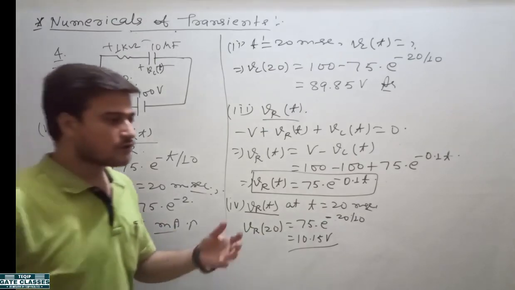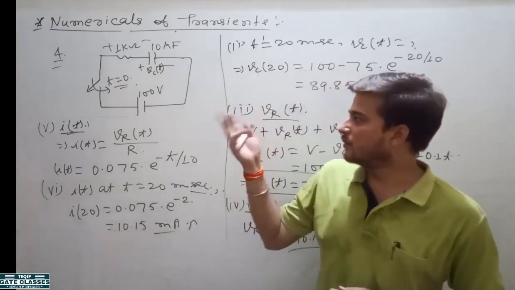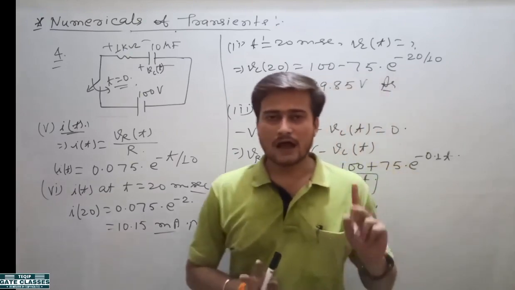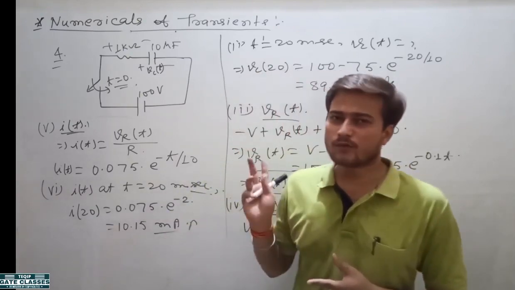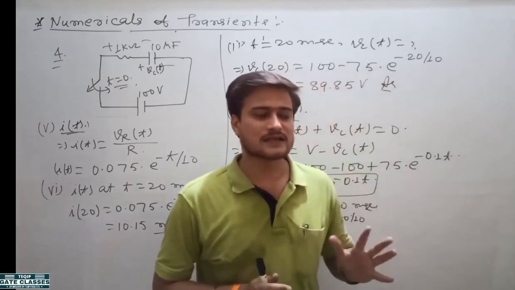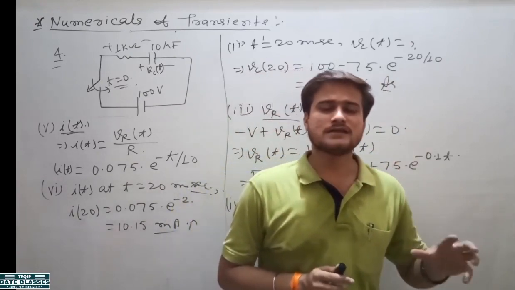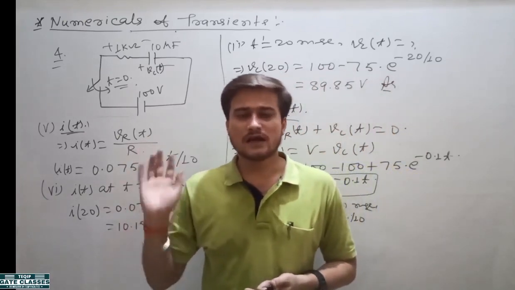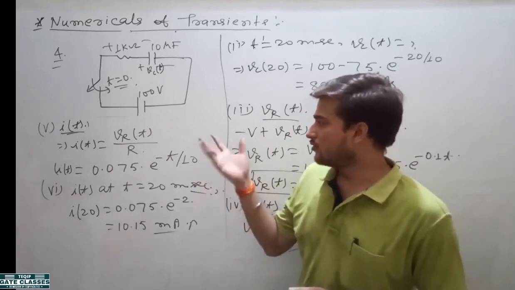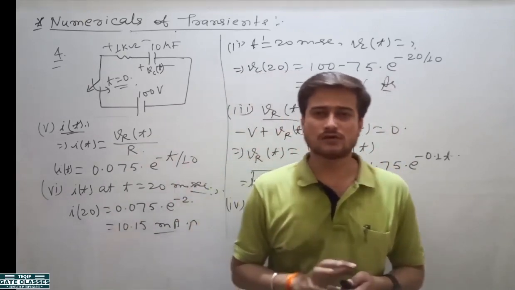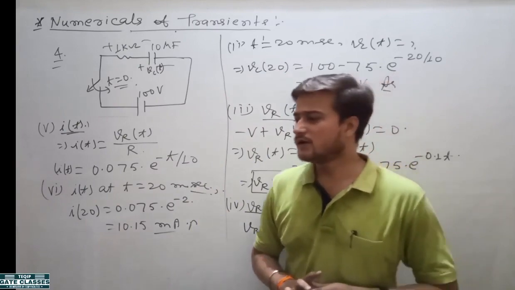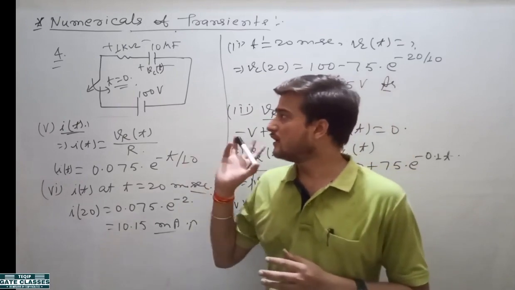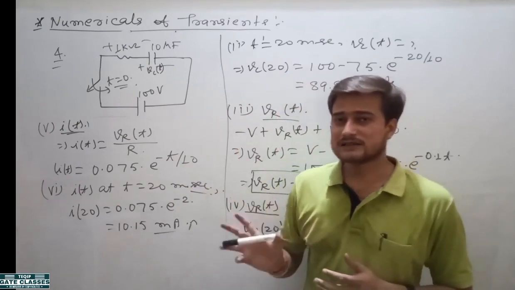So today I discussed the numericals on RL circuit as well as on the RC circuit. I have taken two different cases in both types of questions. In the first case, we have taken the circuit without initial conditions, and in the second case, the circuit with initial conditions. Clear? So now you have to practice all of these numerical questions. In the next video lecture, I will discuss some questions asked in GATE examination on these two topics, that means on RL circuit and RC circuit.